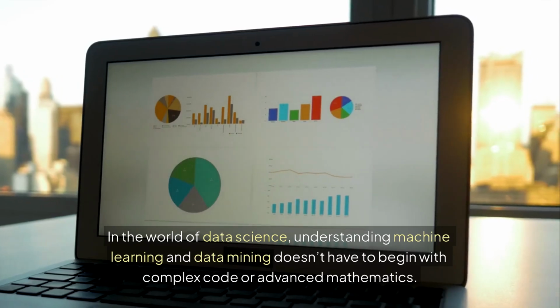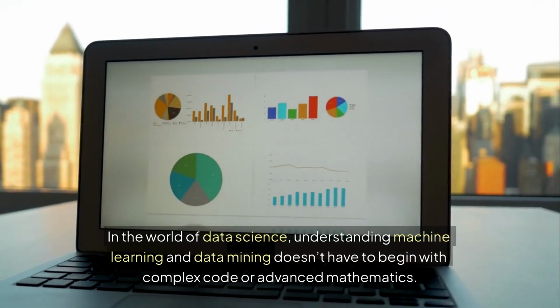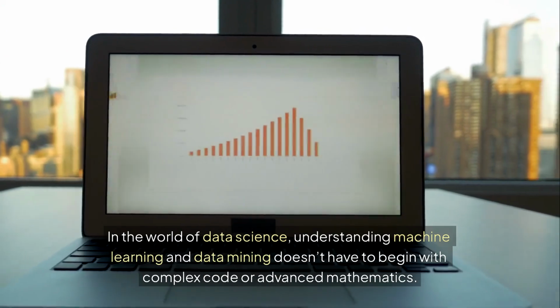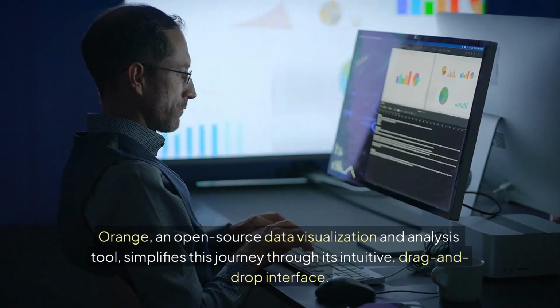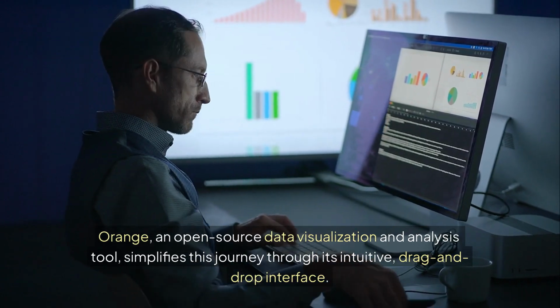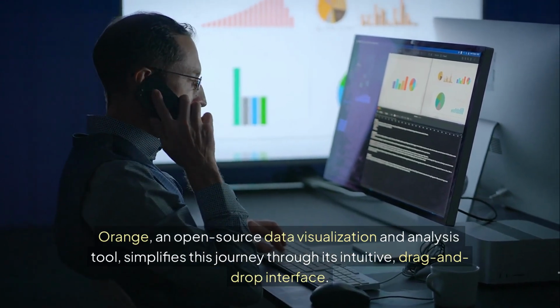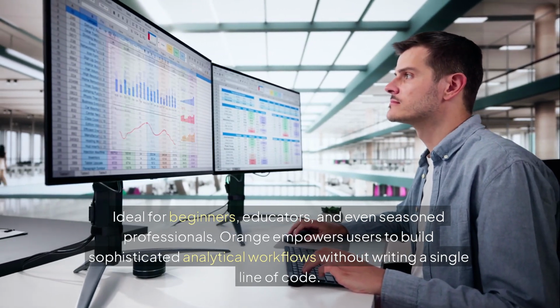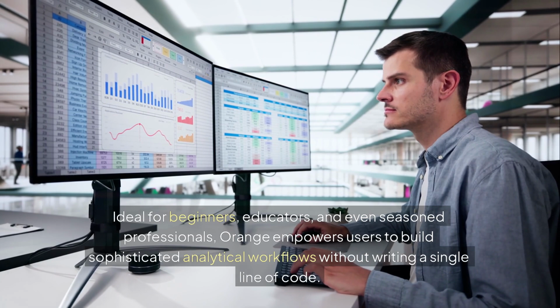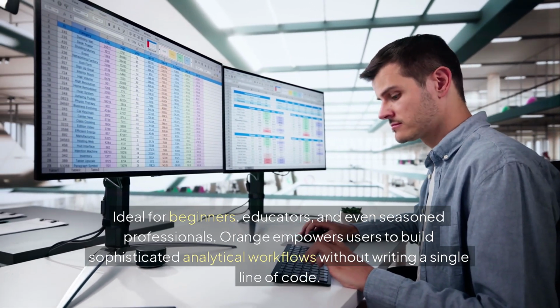In the world of data science, understanding machine learning and data mining doesn't have to begin with complex code or advanced mathematics. Orange, an open-source data visualization and analysis tool, simplifies this journey through its intuitive, drag-and-drop interface. Ideal for beginners, educators, and even seasoned professionals, Orange empowers users to build sophisticated analytical workflows without writing a single